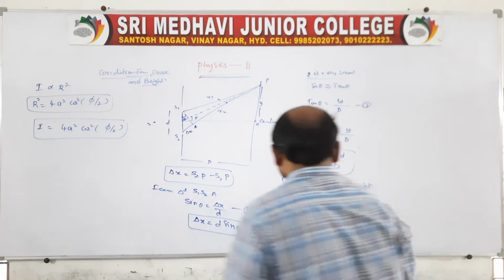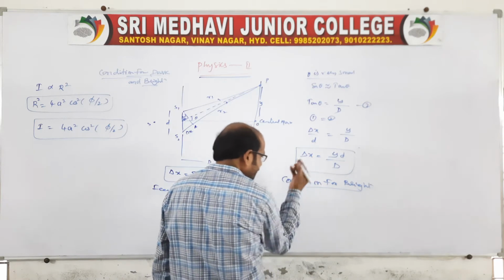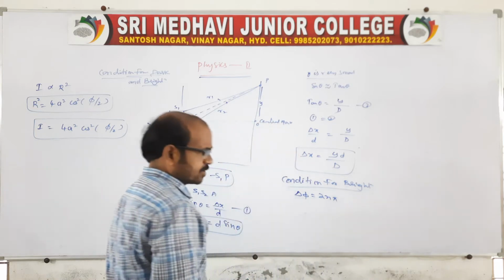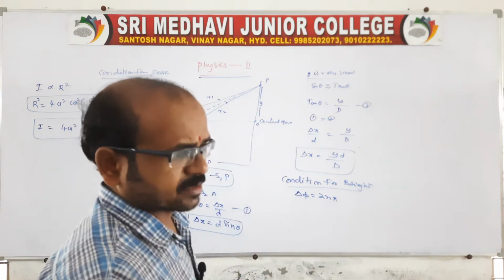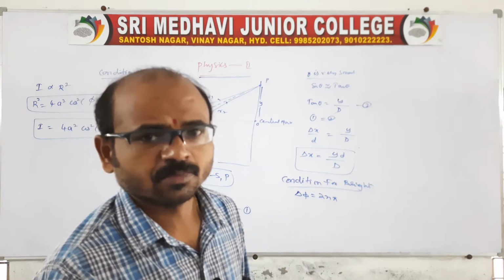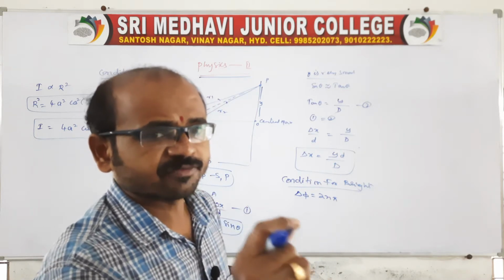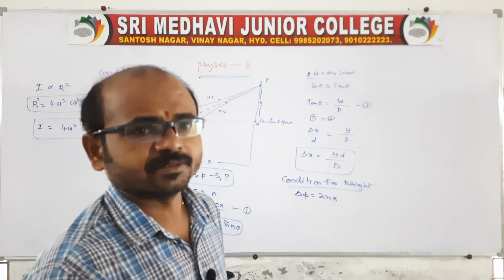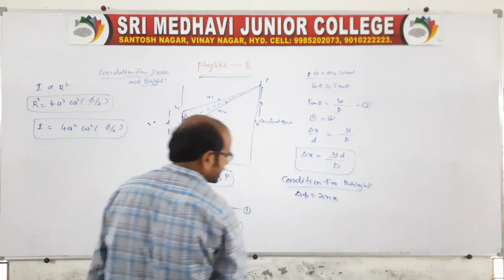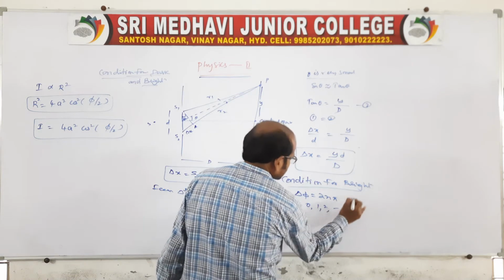Here we know delta x. Now we should know about delta phi, because there is a path difference and a phase difference. Delta phi is equal to 2n pi for the condition for a bright band. In the previous class we already discussed the principle of superposition, and we finished the conditions for dark and bright. So for bright we take 2n pi, where n takes the values 0, 1, 2 and so on.